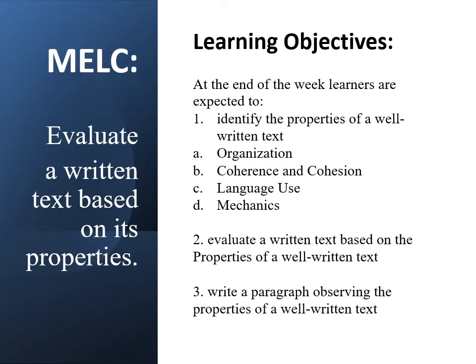For our most essential learning competencies, evaluate a written text based on its properties. For our specific learning objectives at the end of the week, you are expected to identify the properties of a well-written text, such as organization, coherence and cohesion, language use, and of course, mechanics. Second objective, evaluate a written text based on the properties of a well-written text. And of course, last, write a paragraph observing the properties of a well-written text. Now,